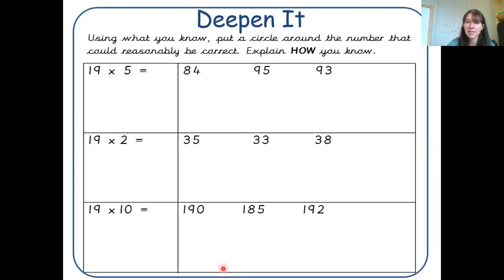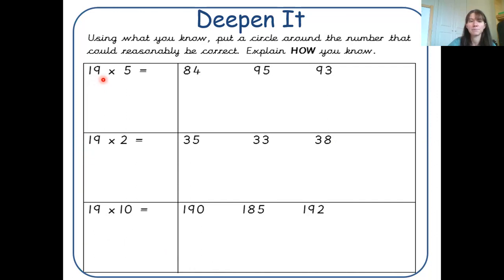Okay. Now, this is a little bit of a tricky one. Again, don't panic. This is a challenge for today. Using what you know, put a circle around the number that could reasonably, I don't know what that means, be correct. Explain how you know. Okay, reasonably means you don't necessarily have to work out the answer to be able to circle it, okay? It's a bit of a prediction, but you might like to go away and work it out just to see if you can, because